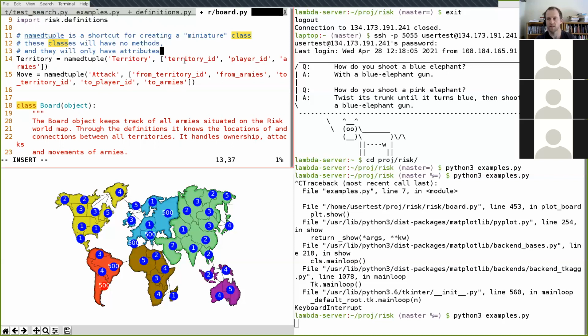And the elements inside of this named tuple are territory ID, player ID, and armies. So each one of these territories inside of the board is going to be represented with these three values right here. And that's going to fully describe everything that we need to know about the territory. So which actual territory is it? Going back over to the